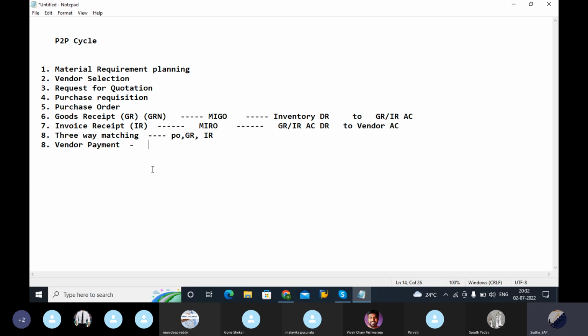Here, the vendor needs to be paid on time. It's in the terms and conditions. We already discussed that in the purchase requisition, where the terms and conditions are there. For this, we have to use APP and manual payments. In some organizations, they use APP. Some organizations use only manual payments.